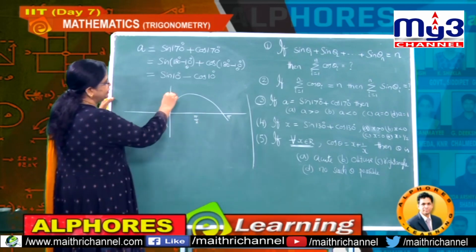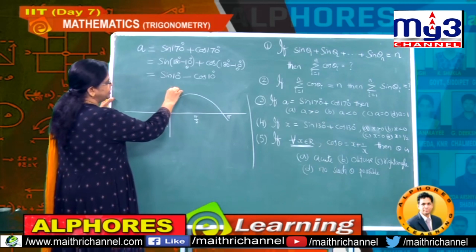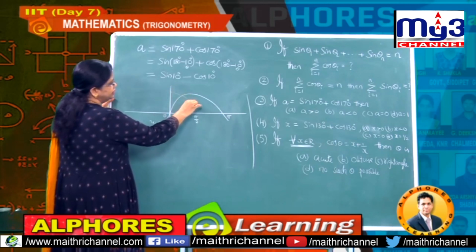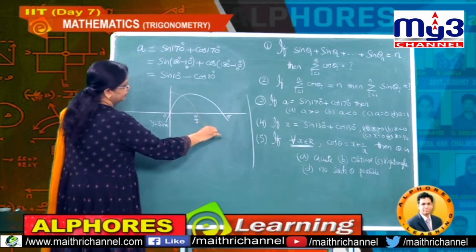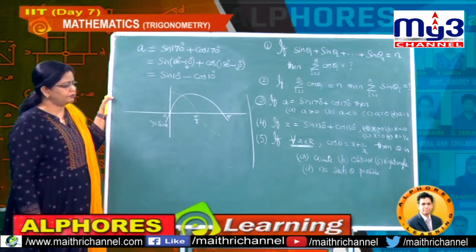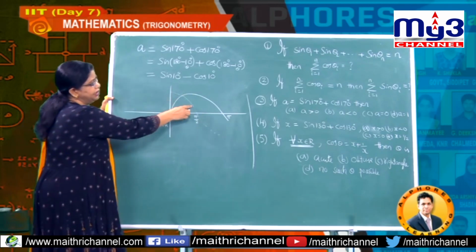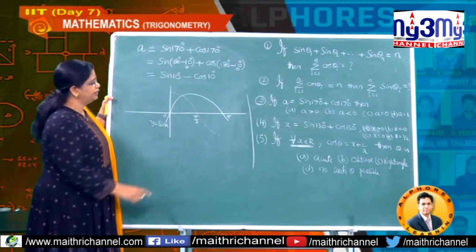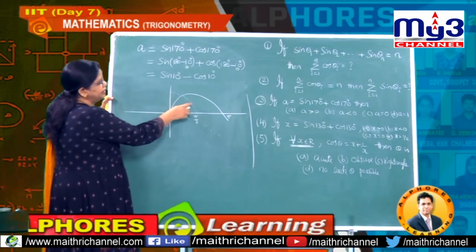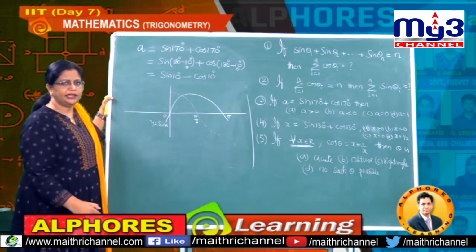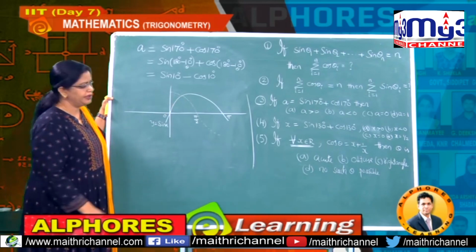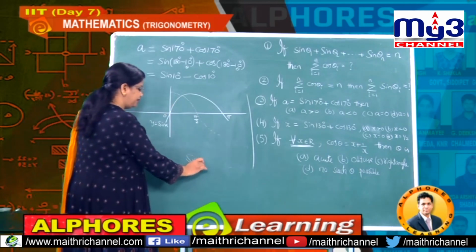And next the cosine graph, which I am taking as a dotted one. So this is our cosine graph. These two curves are intersecting. Where they intersect, you know clearly these two intersect exactly at x equal to 45 degrees,